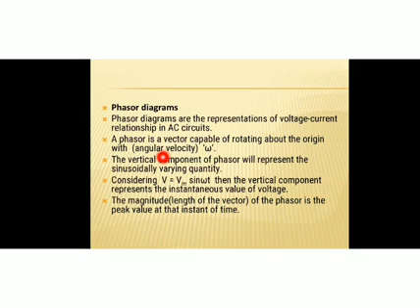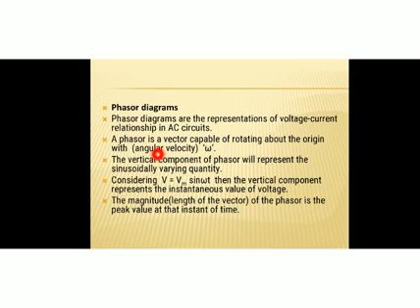And do you remember the VI relationship in a purely resistive AC circuit? Do you remember that graph? Yes, from the graph it was clear both current and voltage are in phase. That means both reach 0, then maximum, then minimum, then maximum simultaneously. They are in phase with each other.